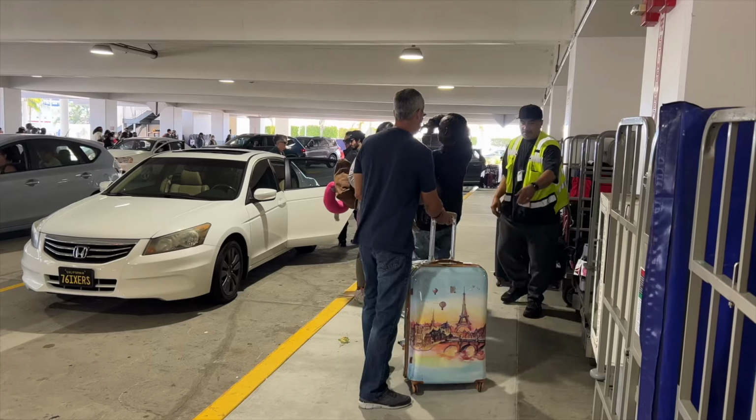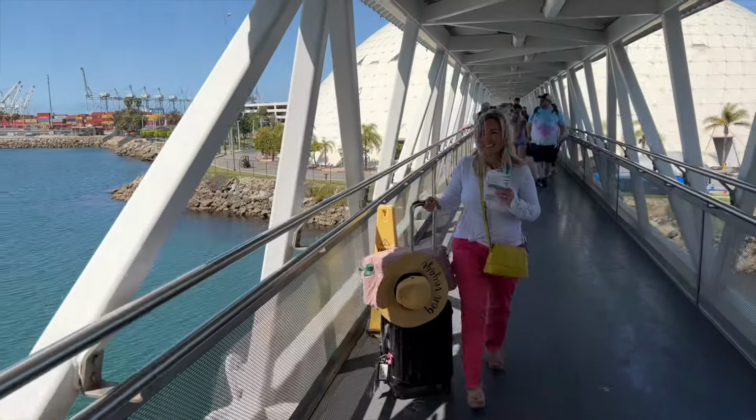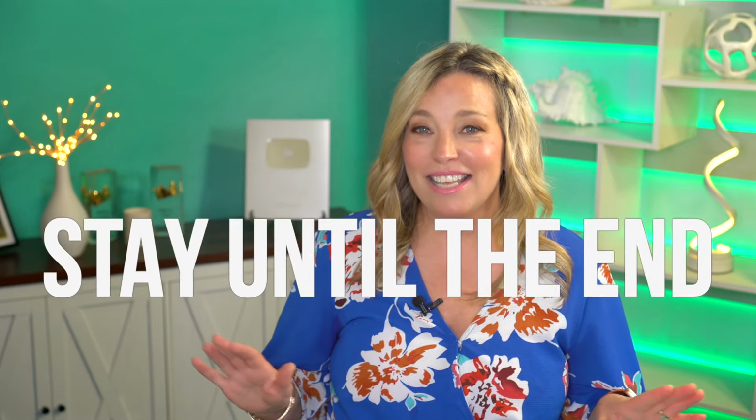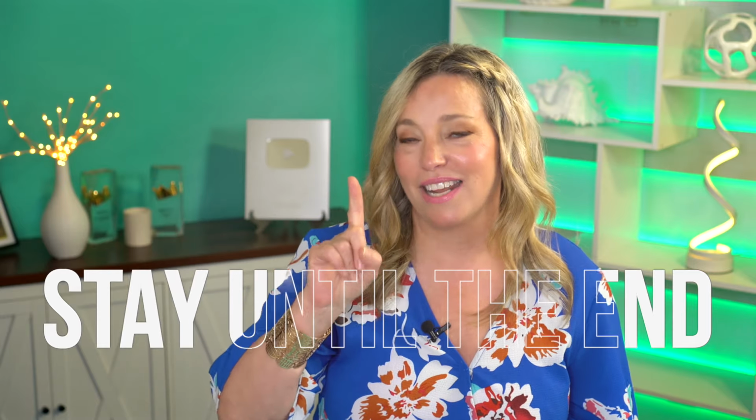for easy shopping. We're going to cover Embarkation Day essentials to make sure you have a stress-free start to your cruise, how to dress on your Carnival cruise and in the ports, and on those pesky theme nights, as well as some practical and fun extras to make your cruise smooth and super enjoyable. Now, you're going to want to stay to the end for some advice on one crucial mistake to avoid when